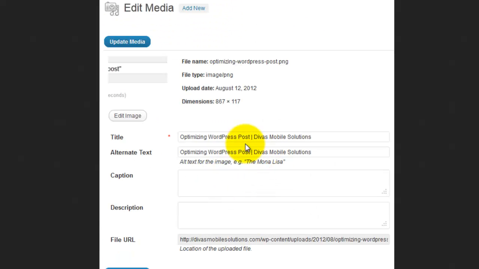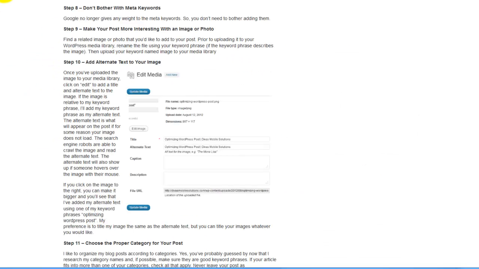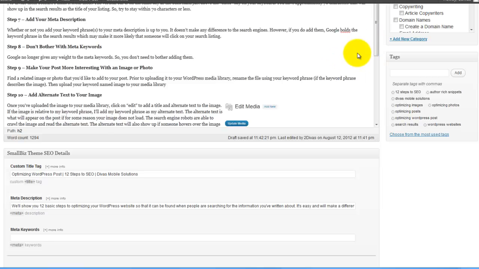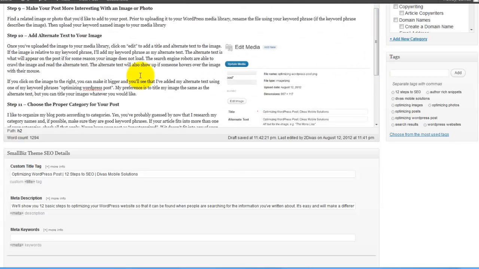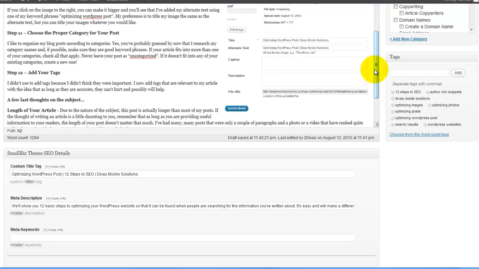So if you click on that, you can see that I incorporated my keyword phrase optimizing WordPress post right into the alternate text there when I added this image to my media library. Okay, so let me go back there, and I give you instructions on how to do that here. Okay, so when you add the alternate text to your image, and then step number 11 is choose the proper